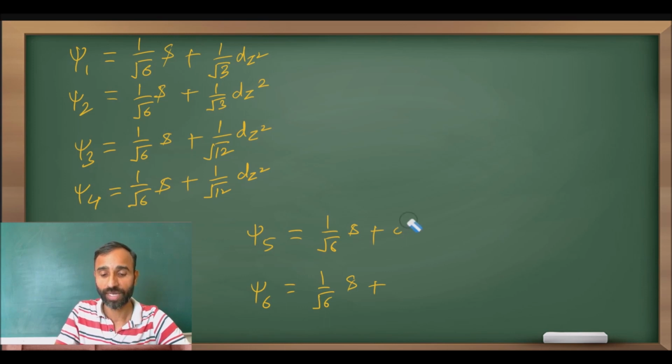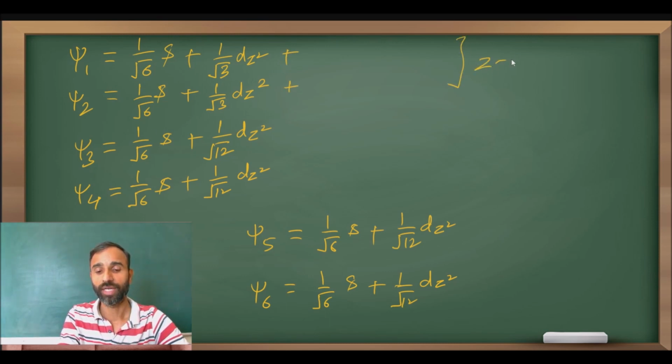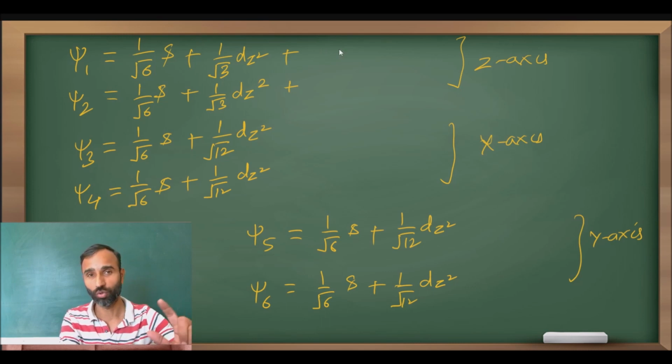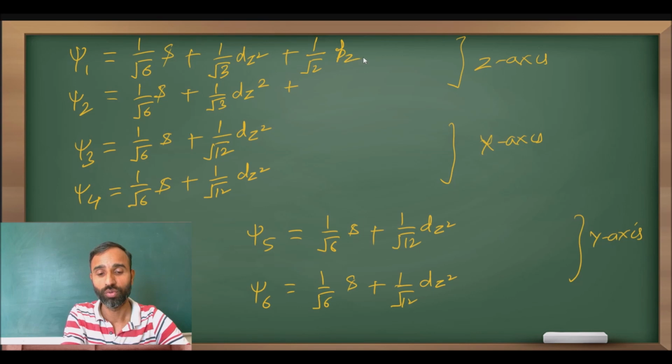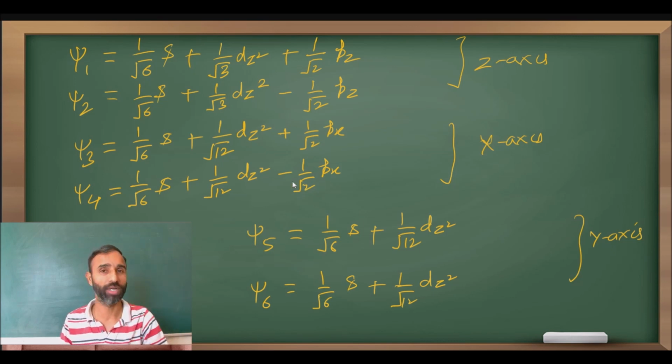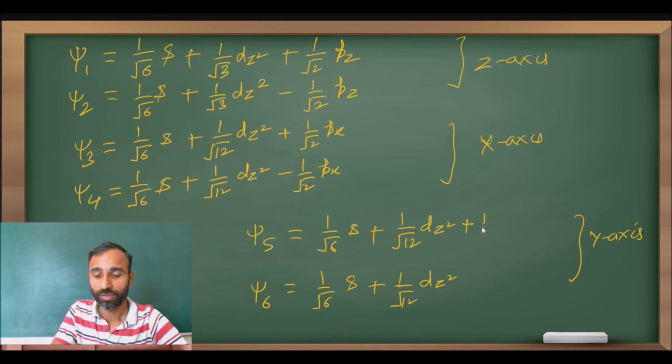और पॉजिटिव साइन कैसे याद रखना है उसके वेव फंक्शन के साइन से। फिर आ जाओ, ये दो ऑर्बिटल जो हैं पहले दे आर ऑन द z एक्सिस, अगले जो दो हैं दे आर ऑन x एक्सिस, अगले जो दो हैं दे आर ऑन y एक्सिस। तो z एक्सिस पे dz² के अलावा कौन सा था pz, और pz दो में था, एक में pz का कंट्रीब्यूशन 1/√2 और दूसरे में उसका माइनस हो जाएगा डिपेंडिंग अपॉन इट्स साइन। फिर x एक्सिस पे px होगा, एक में प्लस px दूसरे में माइनस px, एक px है और दो में डिवाइड हो रहा था तो 1/2 और ऑप्शन आ जाएगा 1/√2। इधर आ जाओ py तो 1/√2 py,